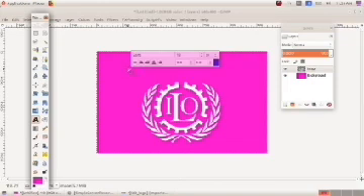Here a small box is here. In this small box we have to type the caption, not in the properties window.